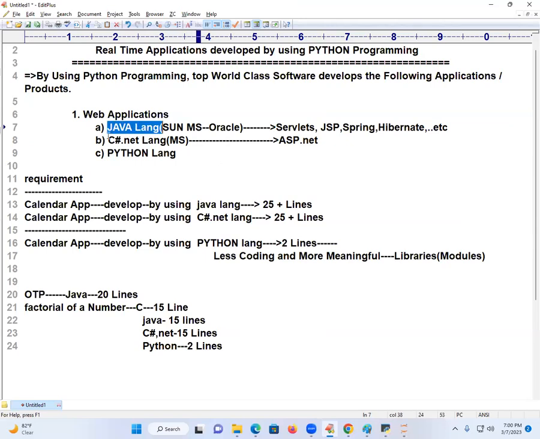Java is difficult, C#.NET, or you tell me which one is easy. Why Python? Actually, you don't know. Web application development, you don't know. But after showing the calendar application and everything, you are thinking that when I'm developing a web application using the Python language, what is Sir going to explain? A lot of what? Modules. Writing an application in Python is nothing but making use of modules. That's all. Are you getting my point?